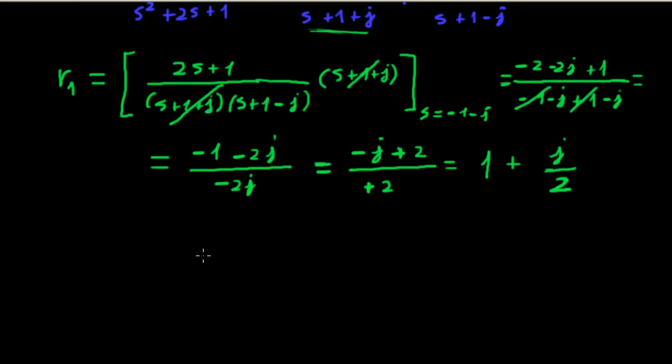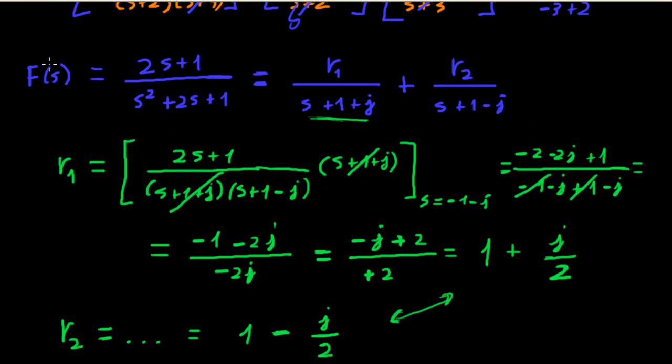Okay, we could do the same to find R2, but I won't do it because I know that it has to be the complex conjugate of R1. That is to say, (1 - j)/2. But if I were, I don't know, taking an exam, I would do it just to check that all my operations are okay. So if we have the residues, we have everything. We can rewrite F(s) according to them,